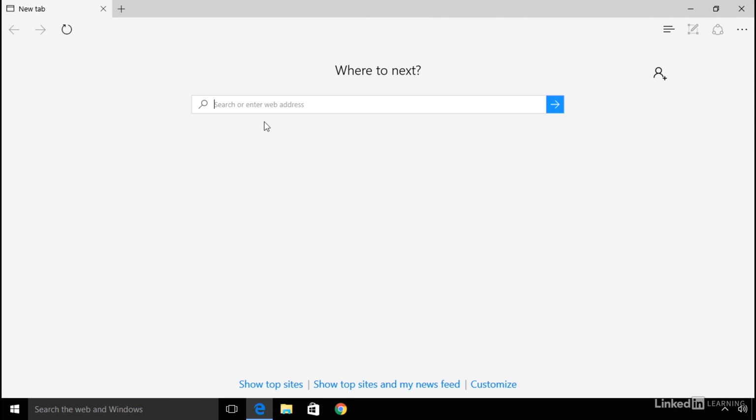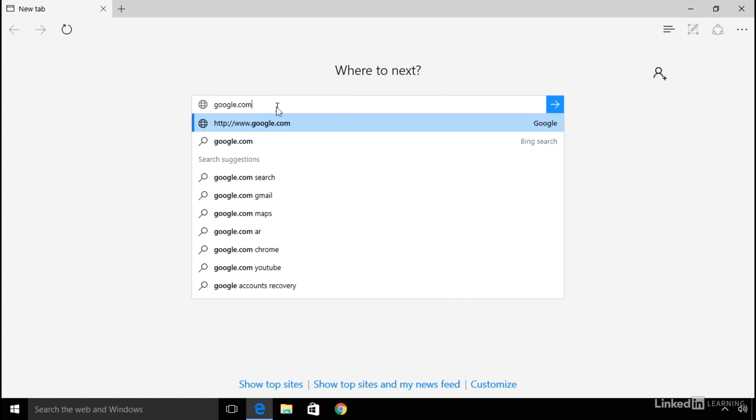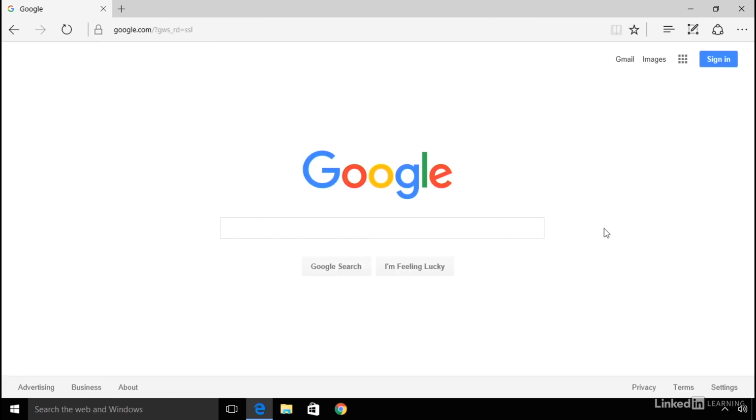Now, I could just type my search terms right into this address field to perform a Google search, but for this example, I'm actually going to go to google.com. The technical term for performing a search is a query. Basically, when you perform a query, you're asking the search engine to provide information relevant to the word or phrases you search for. Most people just call it Googling these days, which shows you how popular Google is as a